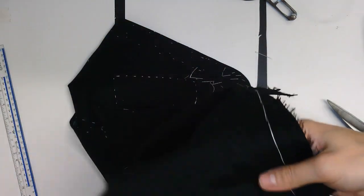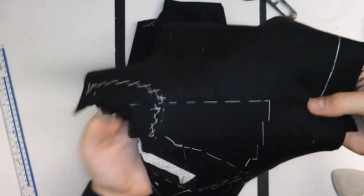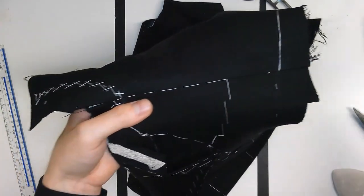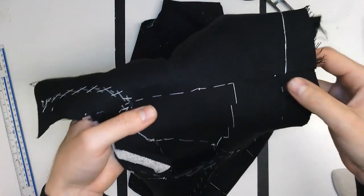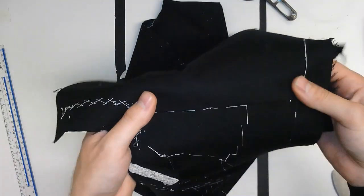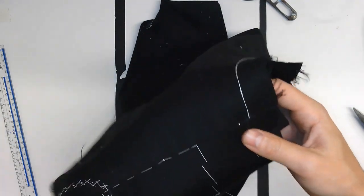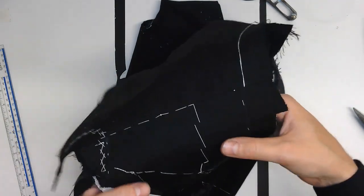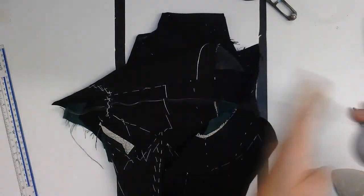I flatten all of the cloth that sits on top out, and I put a second pin in, that same one that I had earlier on, over here, through the pad, a little further along. So now I've got the pad secured in place, and it's secured in place so it can't rotate. I then grab, again, still making sure that your linings are entirely out of the way, then grab a very long piece of thread,